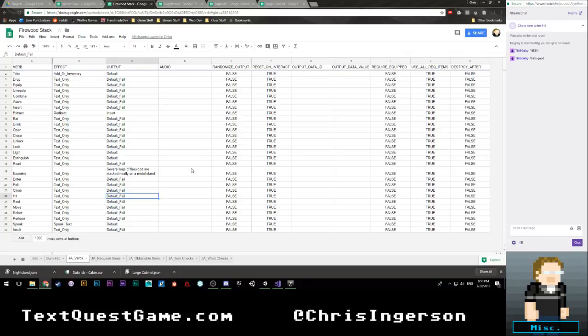Hit. We'll just do the take that for now. Move. I'm going to try redirect. Just take. Oh, not take that, just take. I don't remember if that's going to actually do what I want, but we'll find out. Hopefully the idea there is that when you try to move firewood, it'll just say obtain some firewood. Okay,